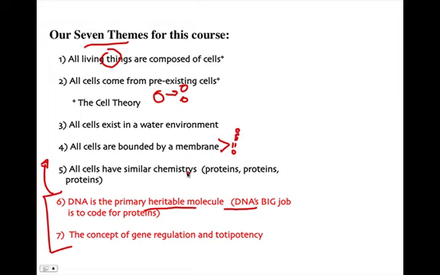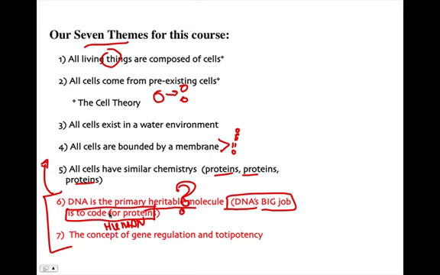And then that chemistry of life features lots and lots of talk about proteins. And so it's not surprising when we turn to DNA as the primary heritable molecule and we ask, what are we inheriting from our parents? Primarily, we're inheriting the code to code for human proteins. Human insulin, human ATP synthase, human LDL receptor, and so forth. So we're going to learn about that in chapter 17.